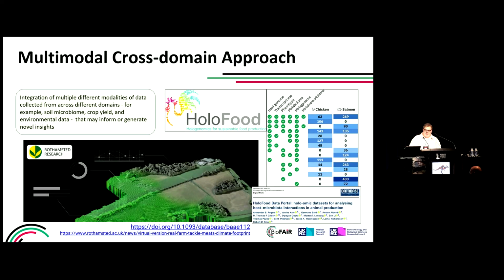The third example here then is this kind of cross-domain approach, and I picked out a couple of examples here, one from the Hollow Foods project and one from a digital twinning project that Rothamsted Research are running. This is a scenario where you essentially take multiple different modalities of data. So the Hollow Foods project, for example, has looked at gut microbiome of farmed animals, chickens and salmons and stuff like that, and then also looked at both